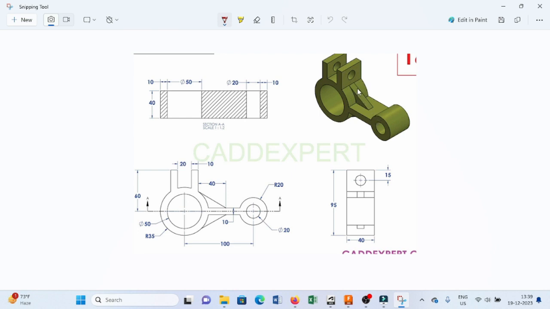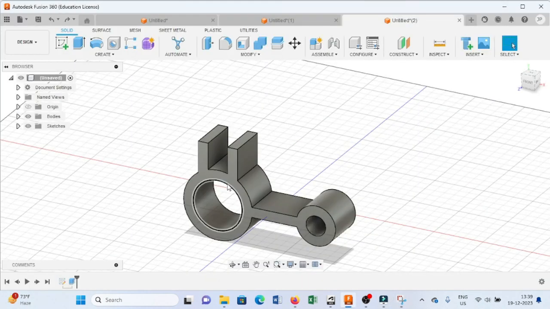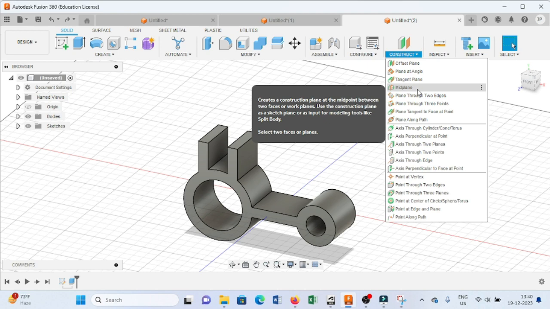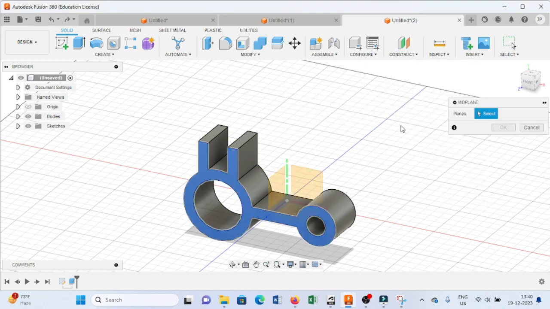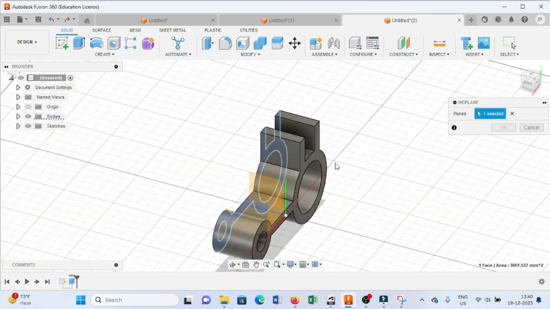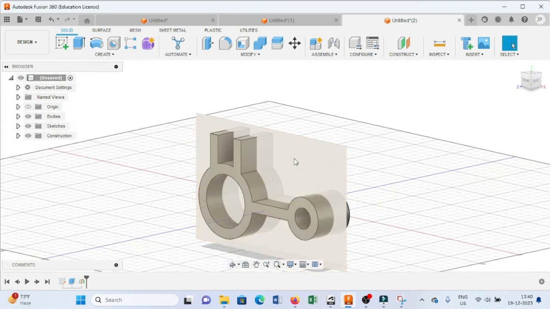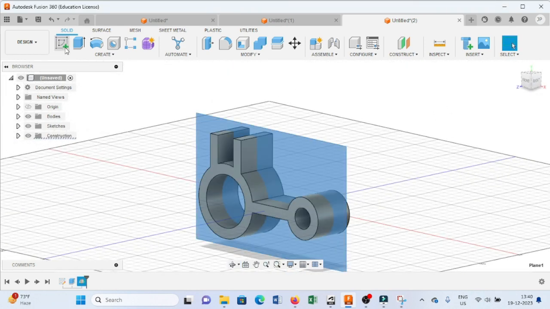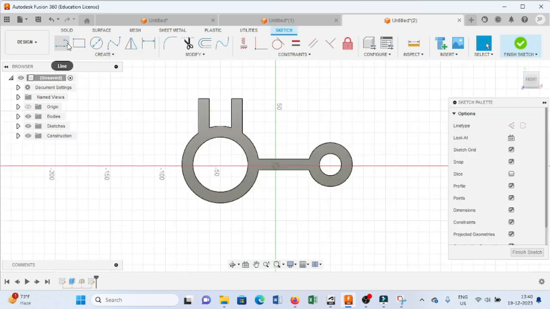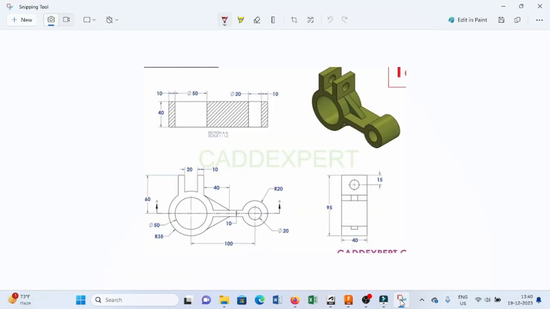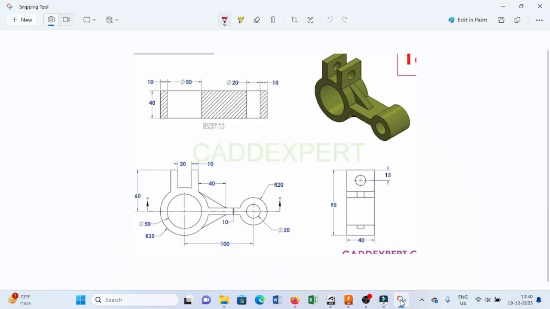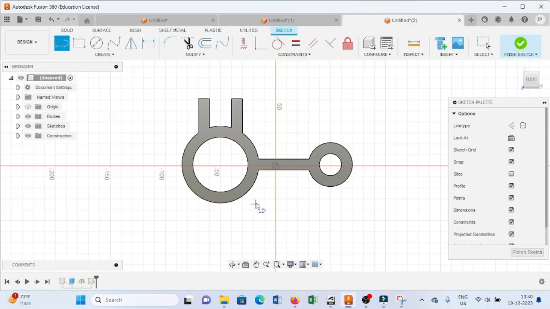The next is we have to create this one. For that, first we will create a mid plane between this and this and press OK. After creating this mid plane, go to this one and as per the drawing we can see here that